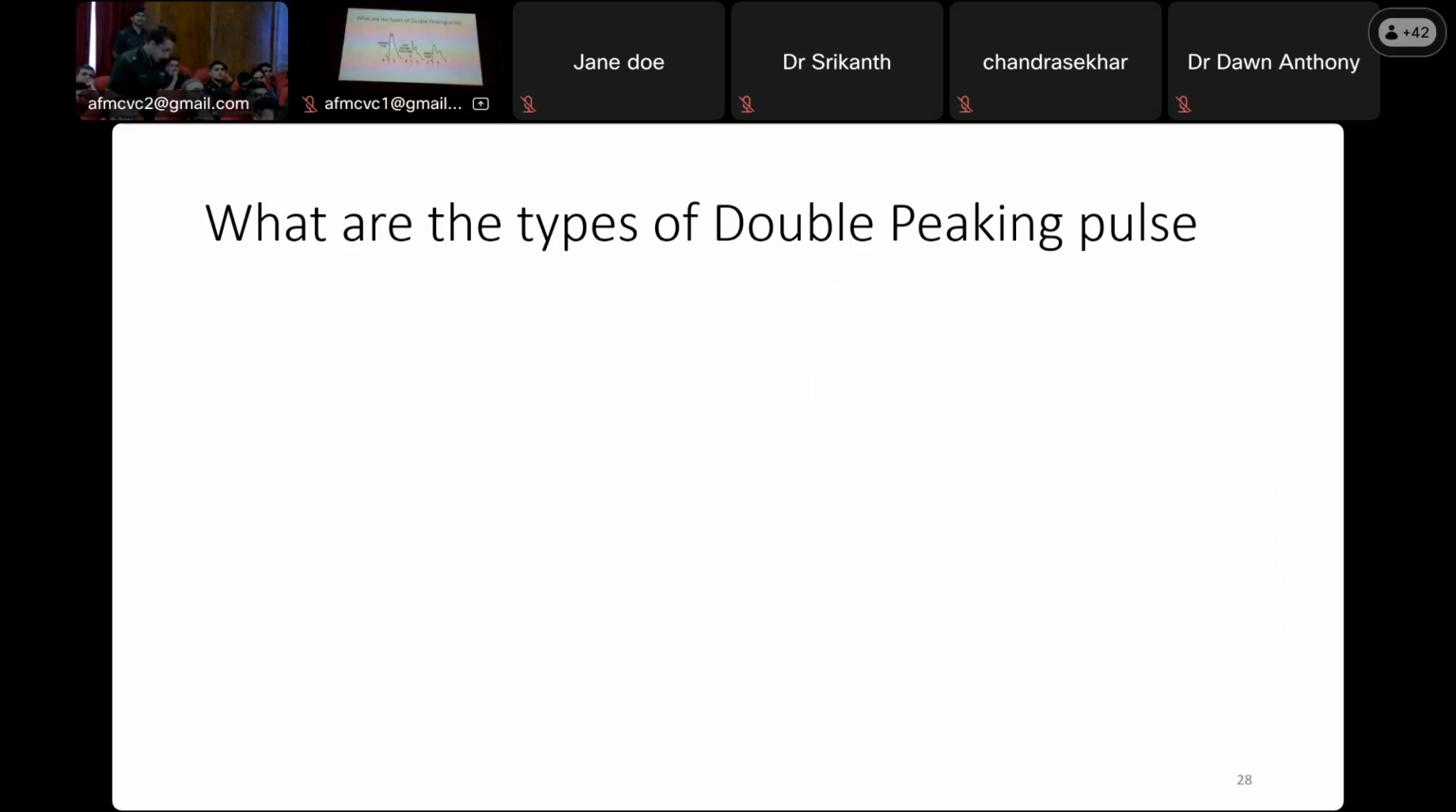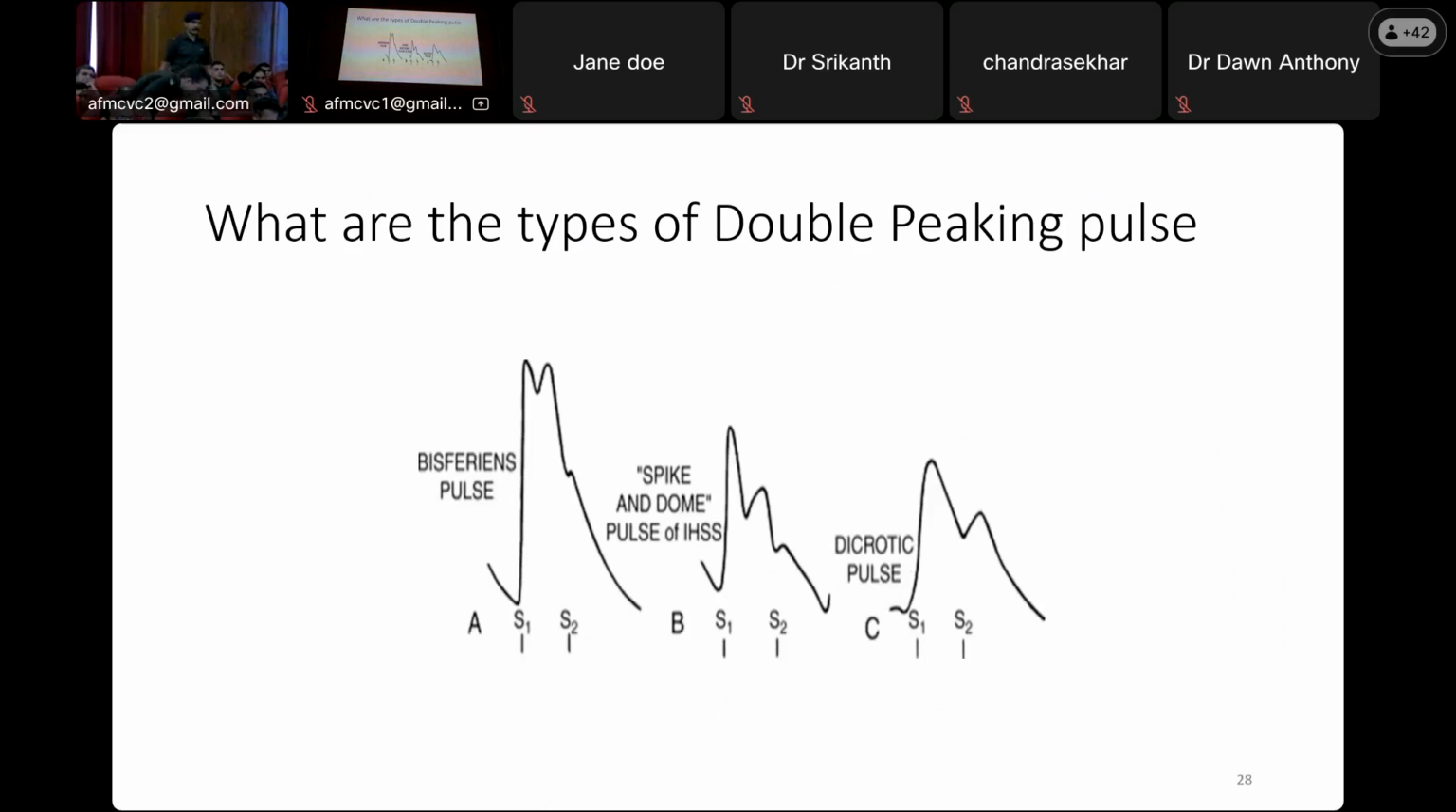Okay. So basically, these double peaking pulses are of three types. Bisferiens pulse, in which we see two peaks during systole only, and the other is spike and dome. Again, in systole, one wave is prominent, then the other wave is dome shaped. It is slightly slower. Again, S2 differentiates. They occur before S2 in systole only. Then one is dicrotic pulse, in which the second peak is after S2. Basically, it is in diastole. So bisferiens, as we discussed, is seen in AS and AR, then spike and dome is seen basically in HOCM. And dicrotic pulse,